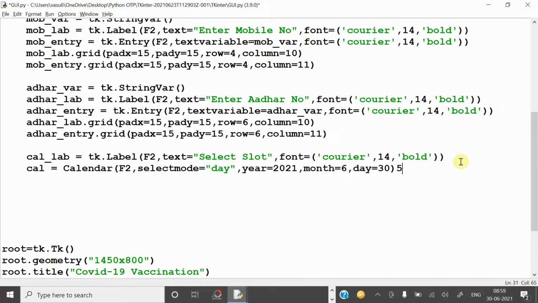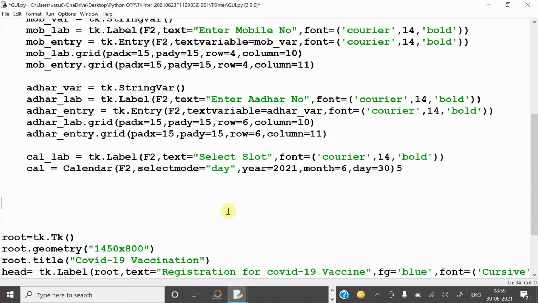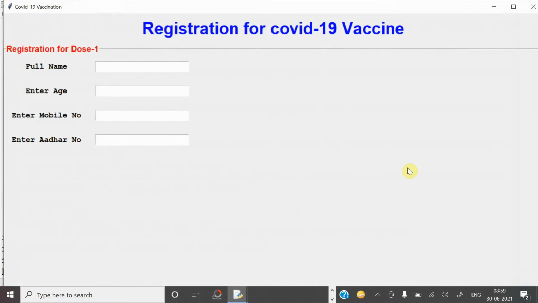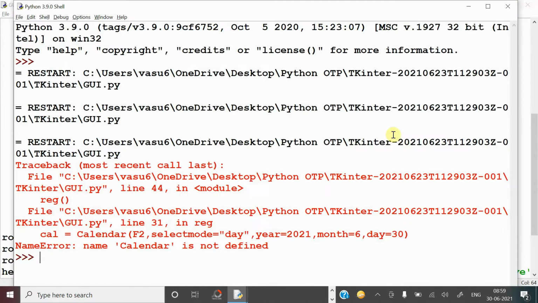If you run this program, directly it will not show anything on the screen. The reason is that till now I didn't put it on the grid. And one more thing, you have to use the module tkcalendar. It has already been installed, you just have to import it.